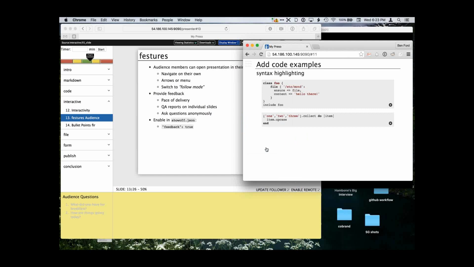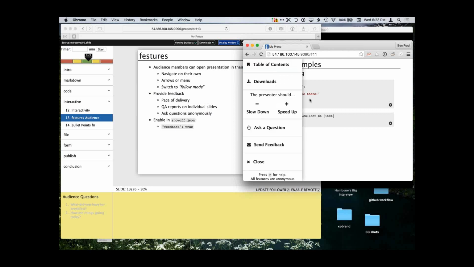What it does is it saves it to disk in a file called feedback.json, because it assumes that this feedback is something that you're going to use as an author for the next presentation. The next time you deliver this presentation, you'll run through and say, hey, so-and-so thought that this slide was terrible, and here are their suggestions for improving it, and it'll help you interactively improve what you do.